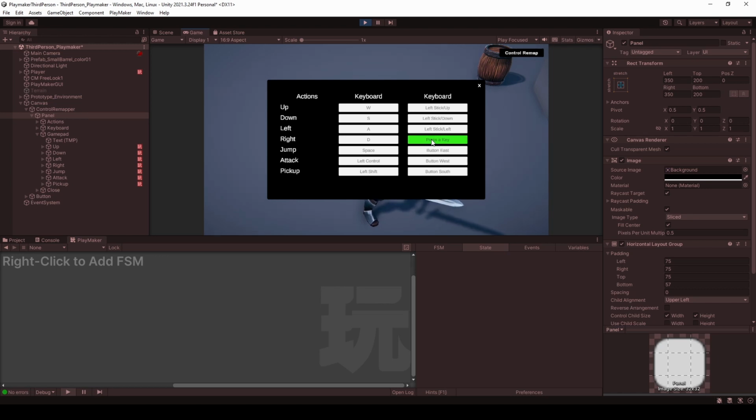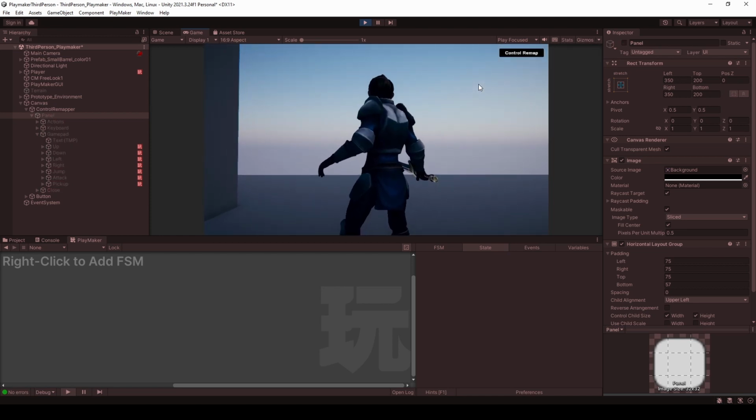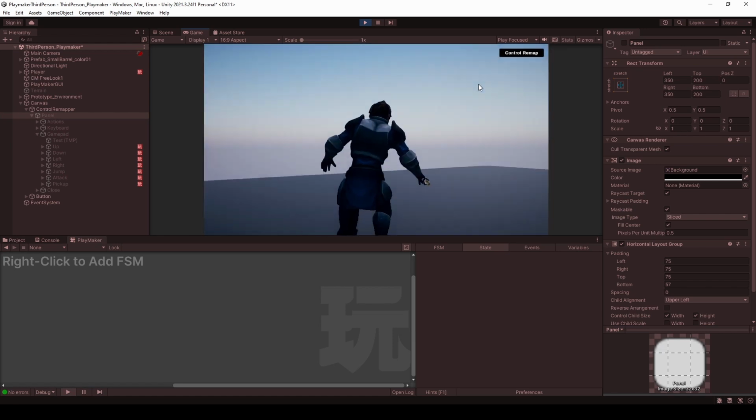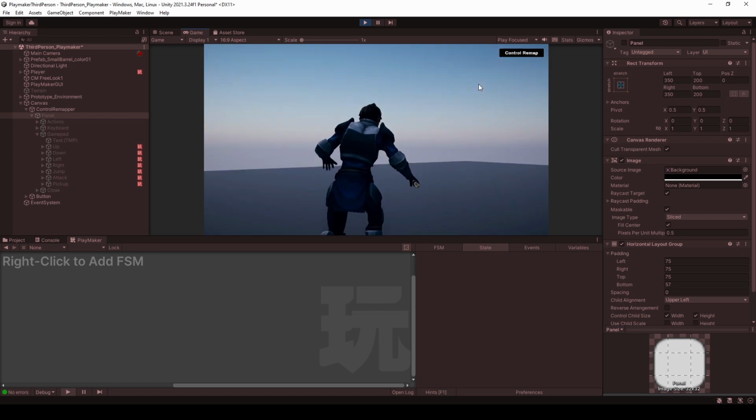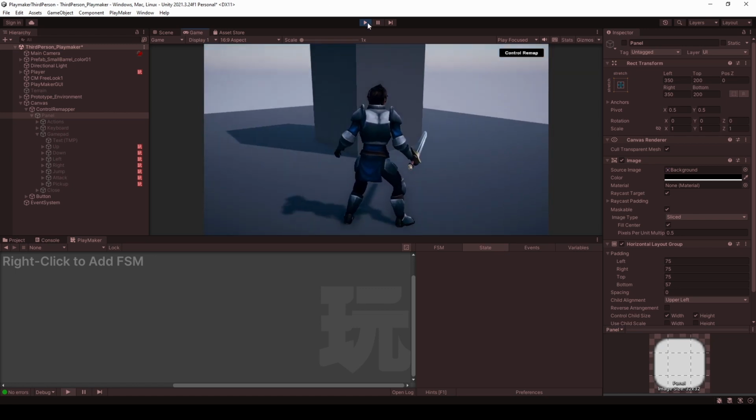So I'm going to press the key here, and then I'm going to use the right stick to the right. Now we can use the right stick to the right here, and I can move around, but I cannot move to the right. If I want to move to the right, I need to use the right stick. I can move to the right, but it rotates the camera at the same time because the binding is conflicting right now. So in order to prevent that,